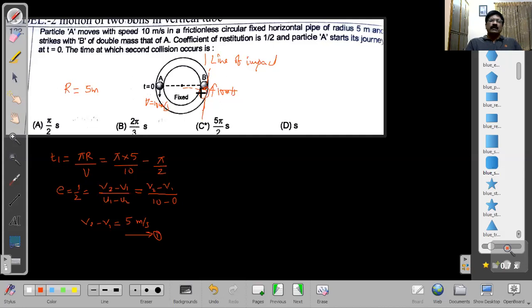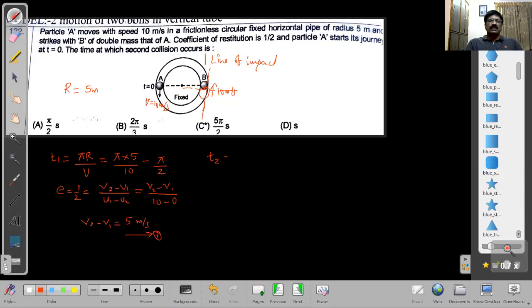That's why, the time taken to make the second collision after the first collision, let us say that time is t2. With this relative velocity, the second body travels along the circular path and makes a collision with the first sphere at this point. As the relative velocity is considered, the first sphere can be imagined to be at rest here. Then with this relative velocity, B travels along the circumference and again makes a collision with this one.